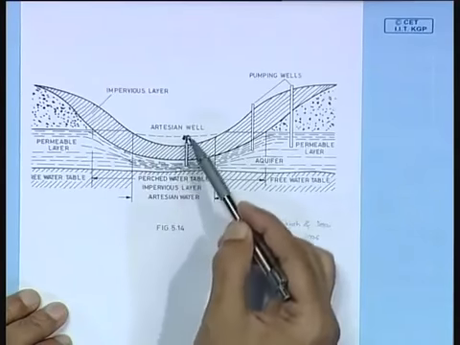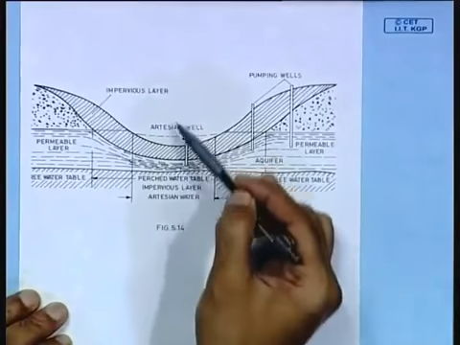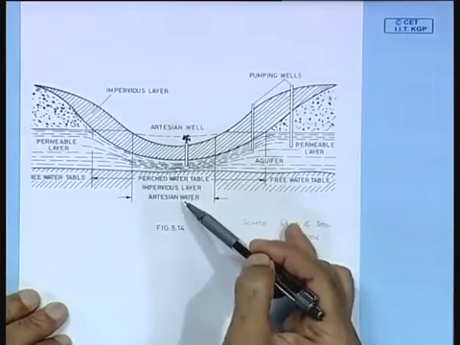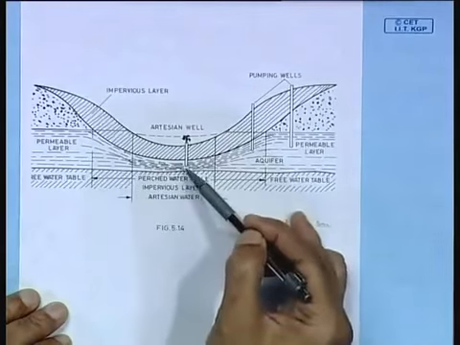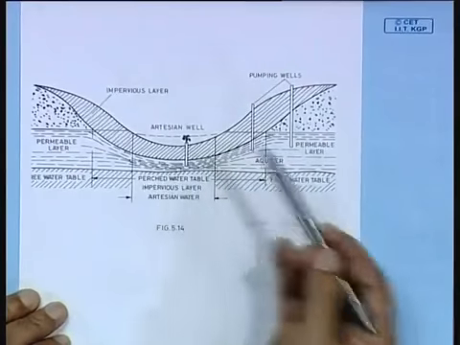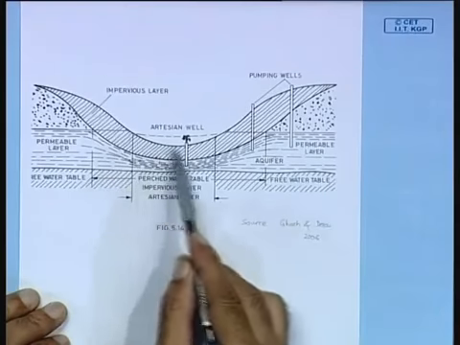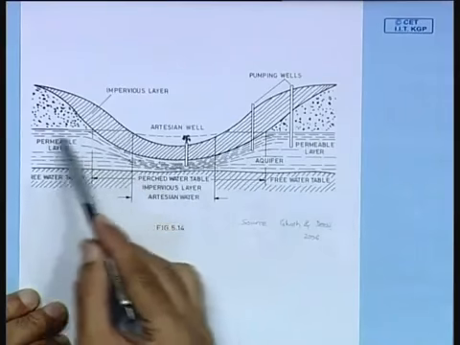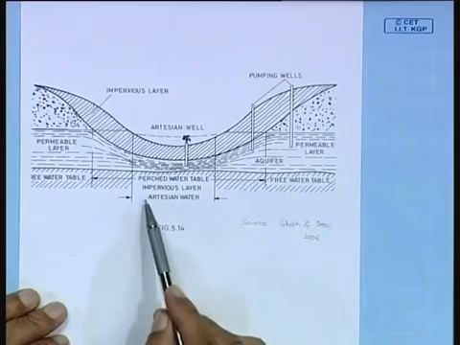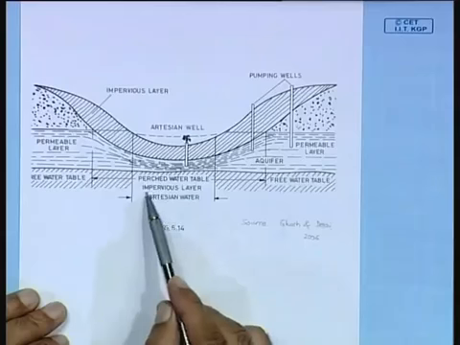Okay, and here if we puncture this one, then the water will gush out of this artesian well, and so it will give out water in the form of a natural fountain. So this region wherein the ground level is below the water table, that is known as the region of artesian water, where there is a raised water table.